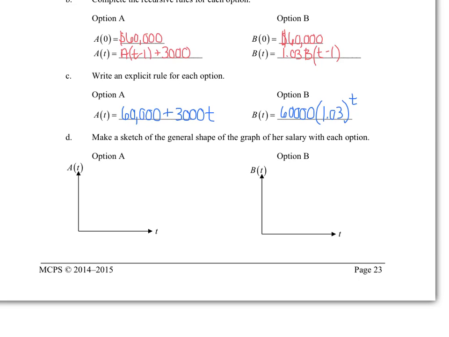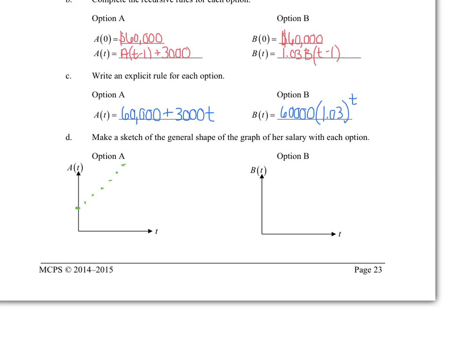Finally, we're asked to make a sketch of the general shape of the graph. And so if you needed to, you could put each of these in your calculator and look at what the graph is. But remember that these are going to be discrete because we're talking about the recursive and explicit rules. What's happening every year, not in between the years, but at the end of every year. So we know that we're going to be starting at 60,000, so I know it's going to be somewhere above the zero, above the t-axis, and it's going to be going in a straight line